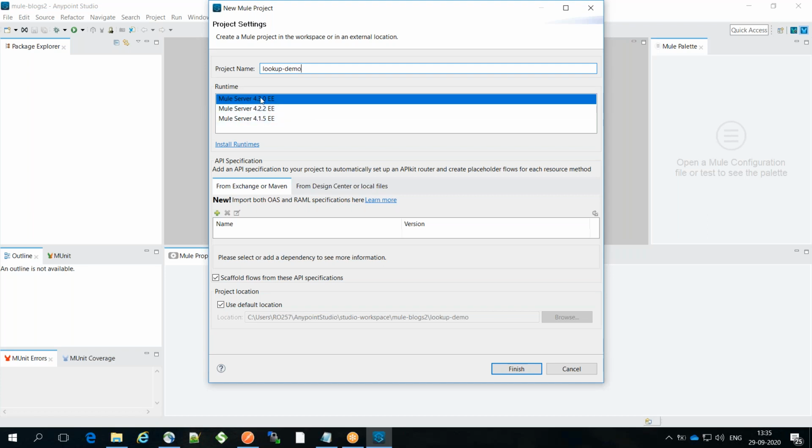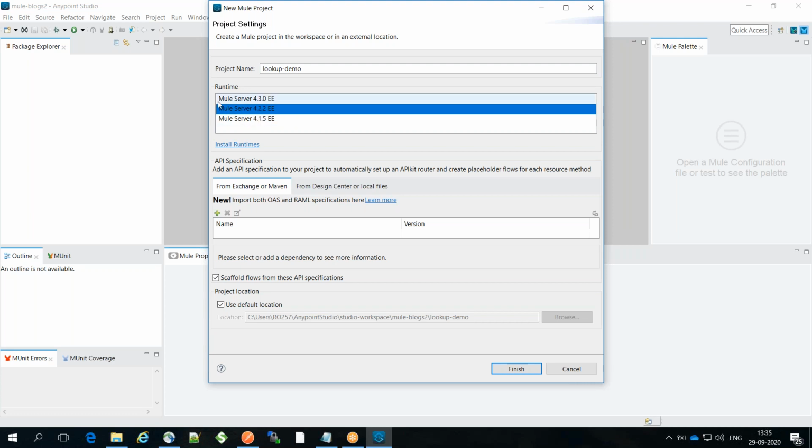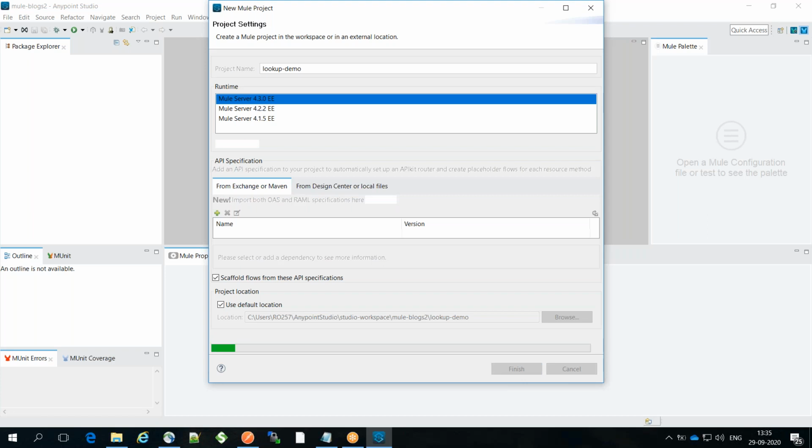There are different runtimes which you can have in your Anypoint Studio. Right now in this Anypoint Studio, I'm supporting three different runtimes. The latest one we have is 4.3.0, so we'll go ahead with 4.3.0 and hit Finish. The moment we hit the Finish button, as you must be knowing, Mule applications are all Mavenized.